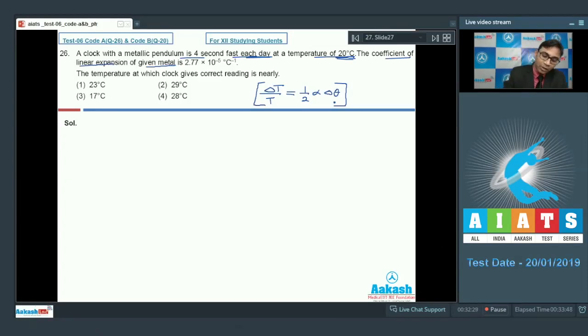But it says that for each day it gains 4 seconds. So for one day, the total time gain will be delta t by t into